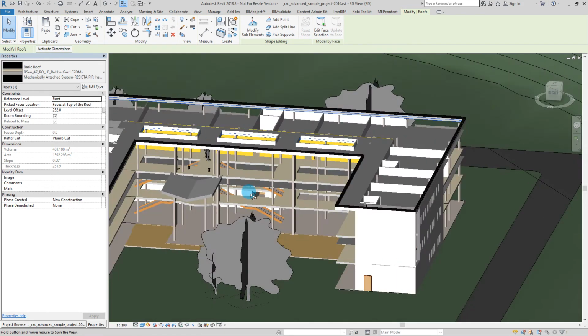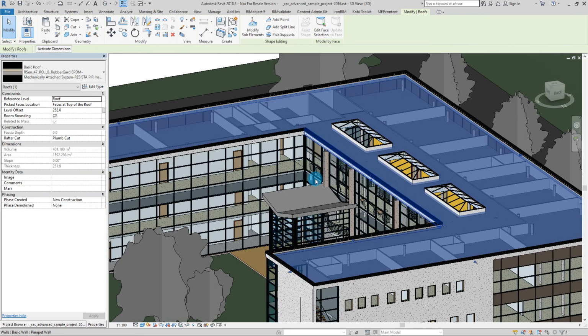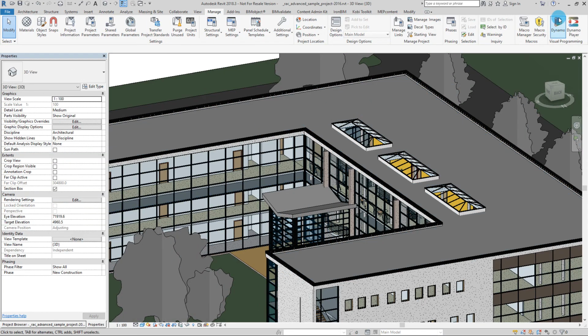It is really as simple as this, simply choosing a roof, copy-pasting it or transferring it, and then changing the roof. That is all for this